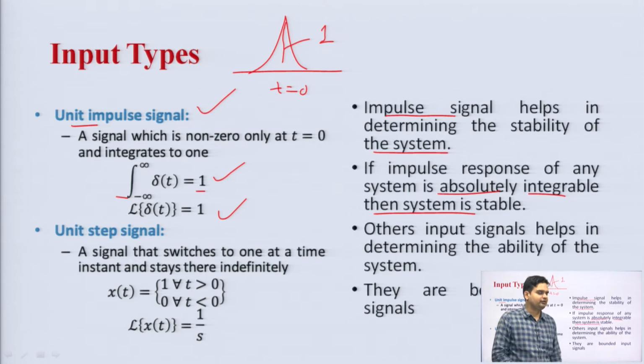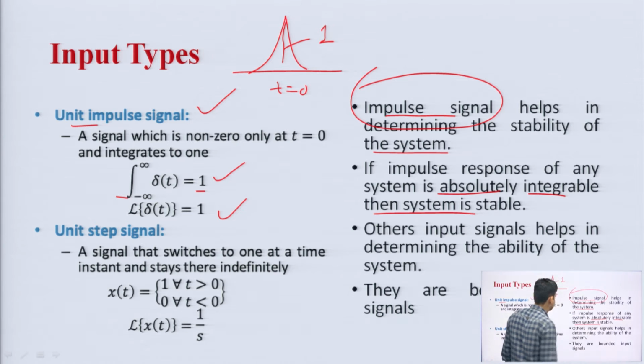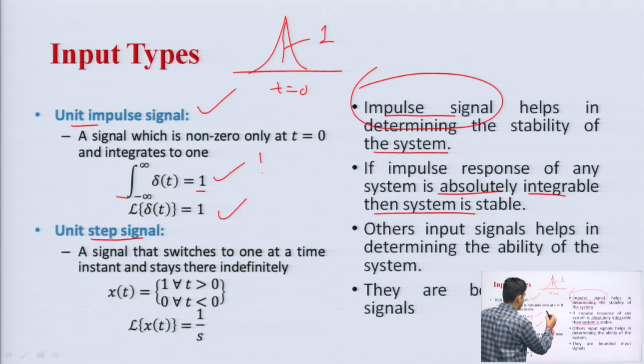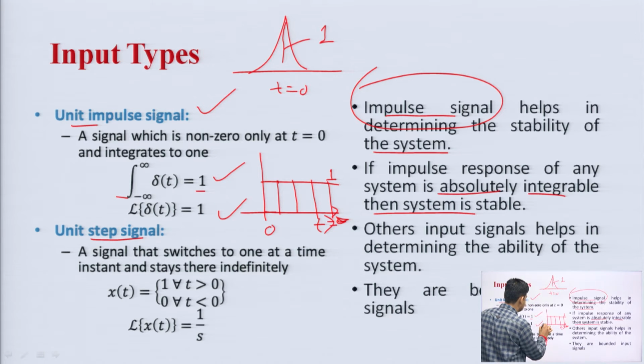So, always remember, whenever we have to calculate the stability of the system, you have to go for impulse response. In the same way, we can go for step signal. The step signal, from the definition of time, gives you a unity amplitude as time t tends to infinity. Everywhere you will get this unity amplitude for positive values of time. Whenever t is less than 0, you will get 0 value.